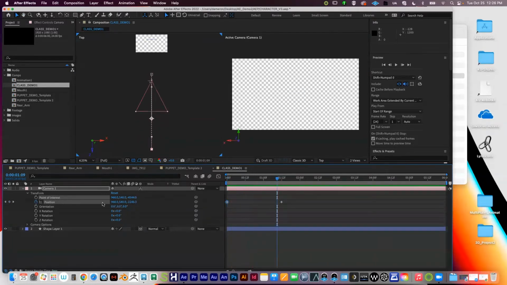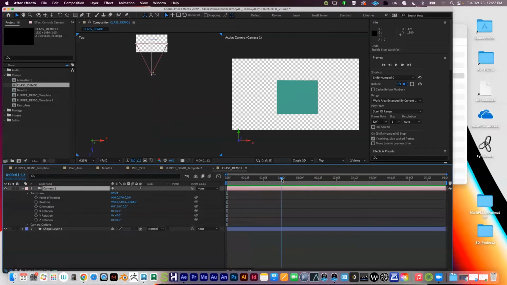Oops. Let's see here. Oh, something went wrong there. Let me try that one more time. Okay, so I have the camera right here at 1.5 seconds. And then I'm going to click this button to keyframe the position. And I'm going to just drag this last number right here under position to dolly it back